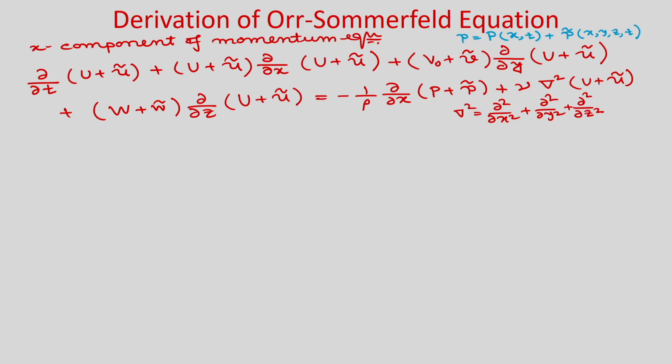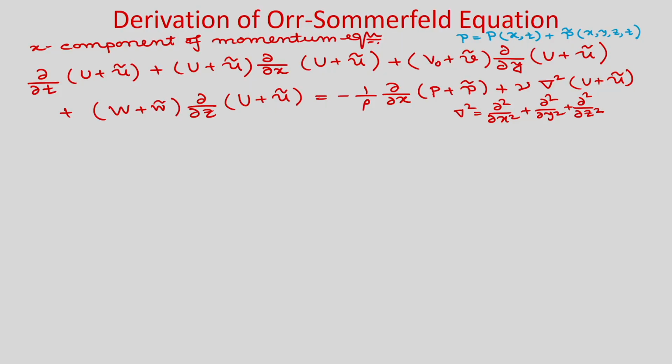Now, let us simplify this equation and we will see that the product of these disturbances, okay, will become 0, because we are assuming that perturbations are very small and we are using the linear stability analysis, and the product of these two small components also will become very small. So, we can neglect those terms. So, we will write, you can see u is a function of y only, right, u is a function of y only. So, we can write it as ∂ũ/∂t plus, here we can write u.